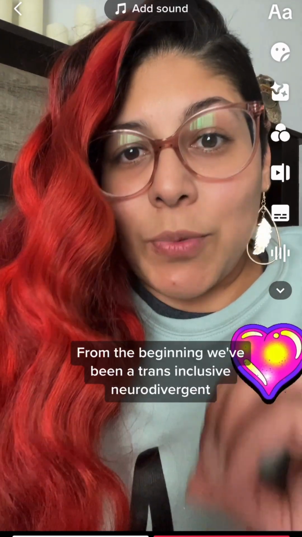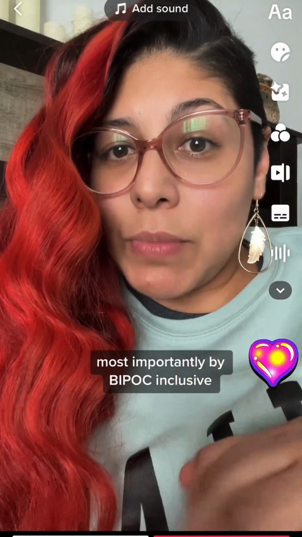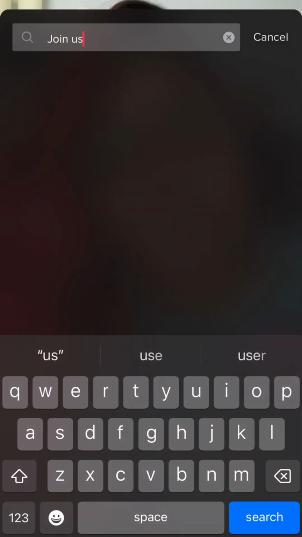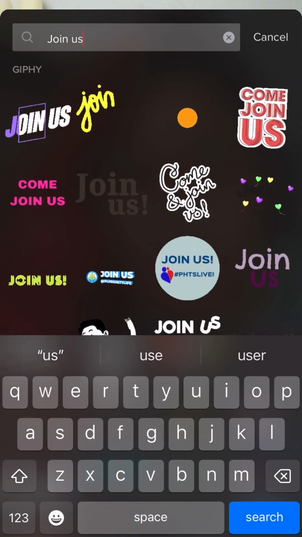When you drag it, it shows where the icons should be, but it's always wrong. So when you actually post it, it's off. So I always do it a little lower than where it's supposed to be. Then I do the join us, and you'll see when I drag it over where it shows the one free